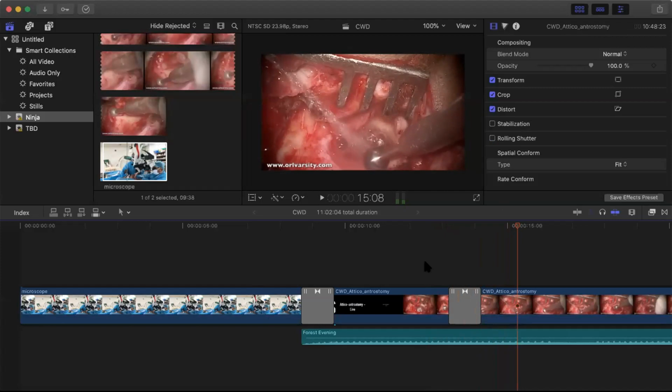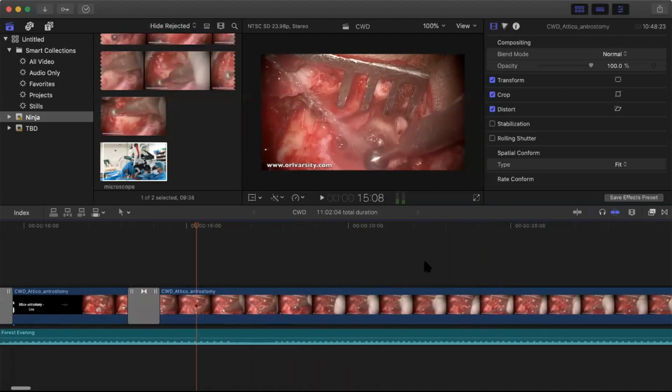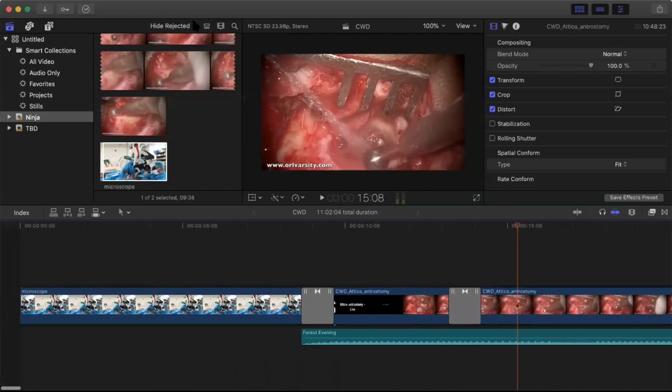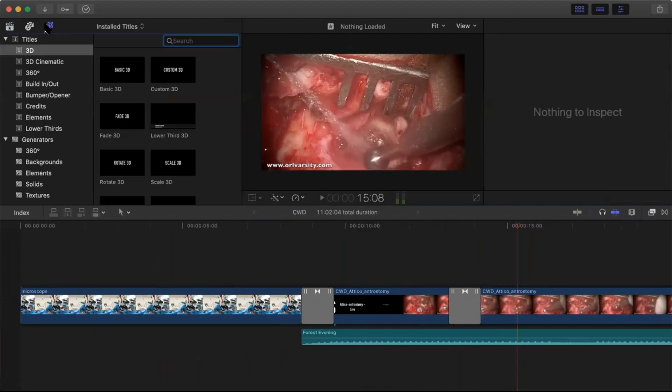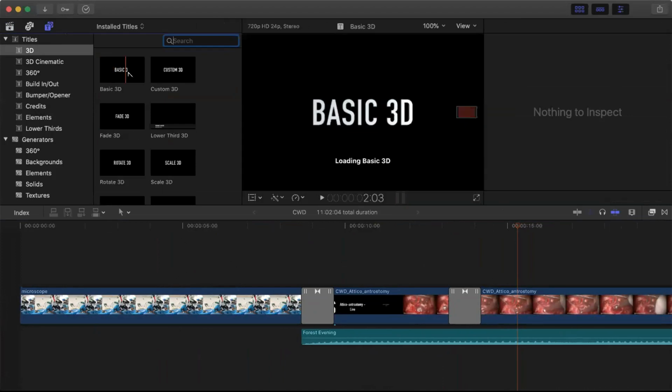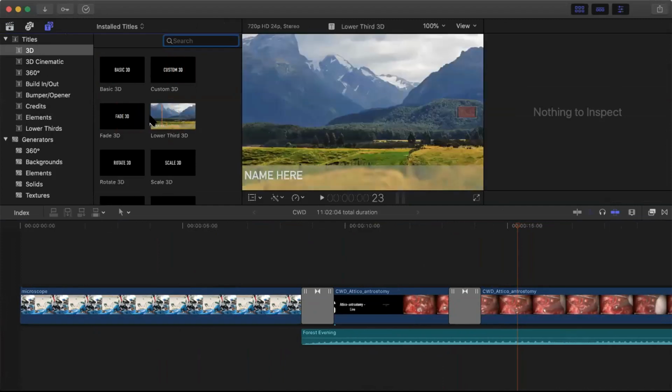There is one more thing. That is, if you want to add a title to this. Okay. So for a title, again, you go to the title option here. There is the beginning title, and also you can add a text. A text also. So many options will be there. Different types of designs will be there. So you can use one of them. Okay, so you can do that.